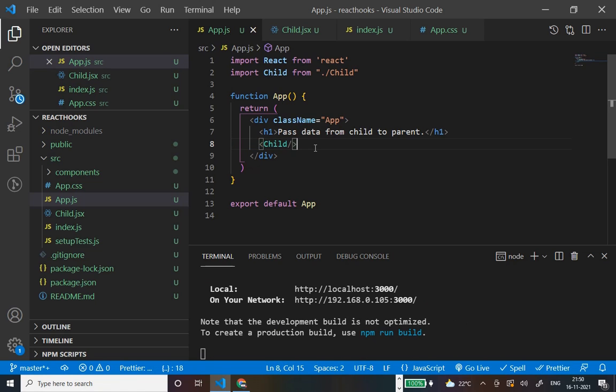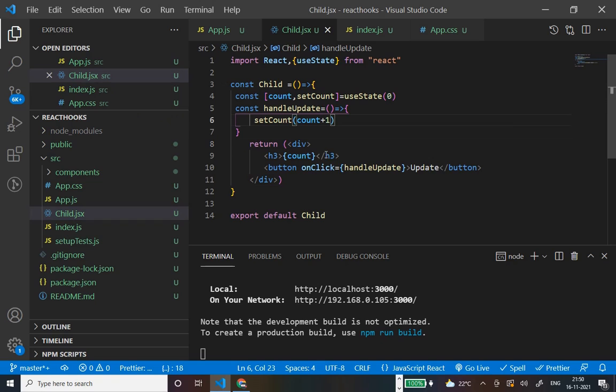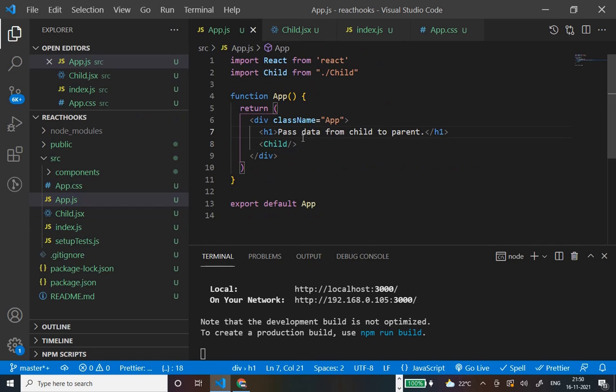So what we want is to see the values from the App, right? For that, we want to send this count value to the parent, to the App component.